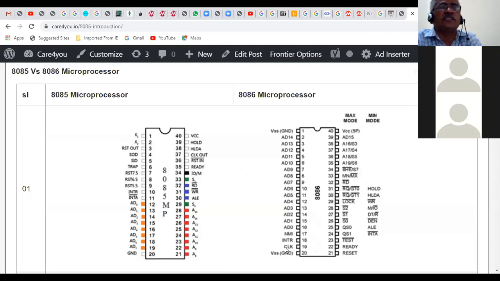The clock, there is a single clock input, but here there is a provision for two clock inputs where you can put your external clock pulse here, but you can connect an external clock generator here. So this had an inbuilt clock generator. This does not have an inbuilt clock generator. You need to attach a separate IC like 8284, which is called a clock generator IC, and connect it to this particular pin. We will see in detail about those kinds of things.